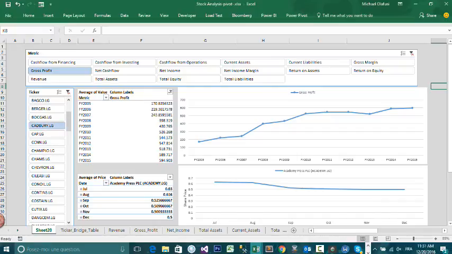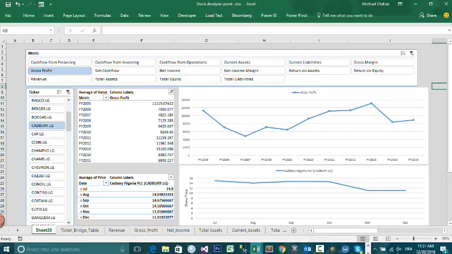Okay, so what you're looking at is a dashboard of companies listed on the Nigerian Stock Exchange. As you can see here, I have about 180 something companies. So 7up, Academy, Access Bank, a whole lot of companies that are on the Nigerian Stock Exchange. So here